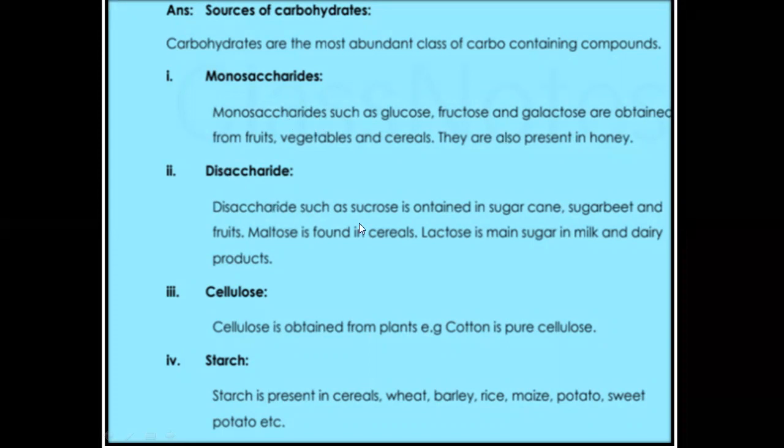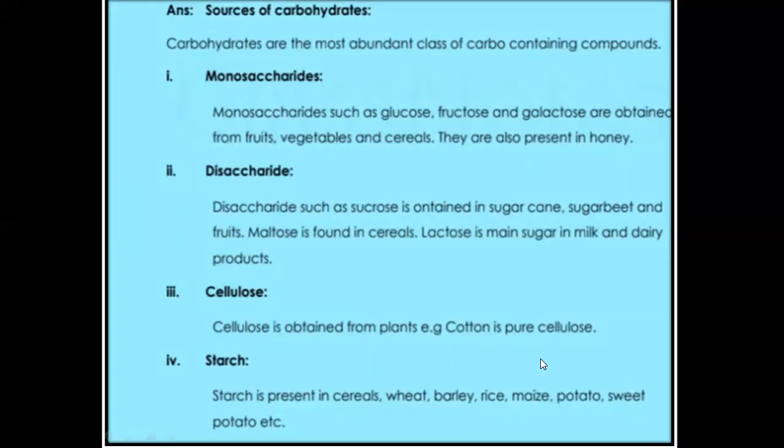Disaccharide sources are like sucrose, which is the table sugar, and it is obtained from sugar cane, sugar beet, and fruits. Maltose is found in cereals. Lactose is the main sugar in milk and dairy products. Cellulose is obtained from plants. For example, cotton is pure cellulose, and starch is present in cereals, wheat, barley, rice, maize, potato, sweet potato, etc. So all these are mainly of plant origin, and some of the dairy products contain these